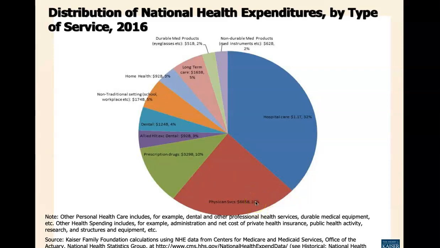But if you look at this, it still constitutes just about half of the total expenditures for healthcare in the United States. It's from 51% combined in 2010, and it's now about 52% in 2016. So these are the areas that actually need to be looked at in terms of increasing costs of healthcare.